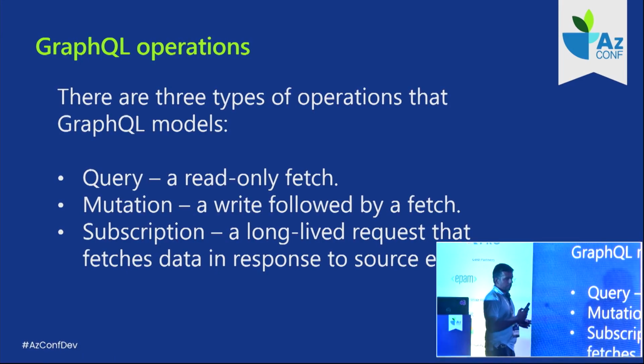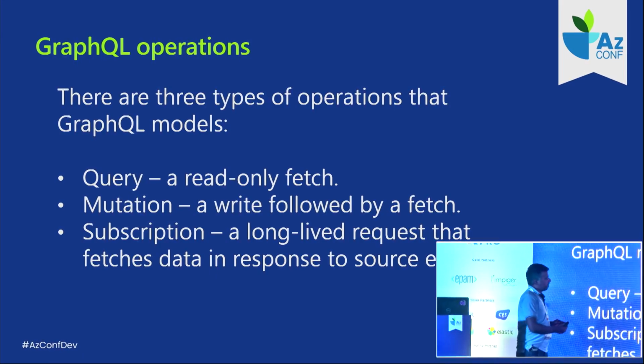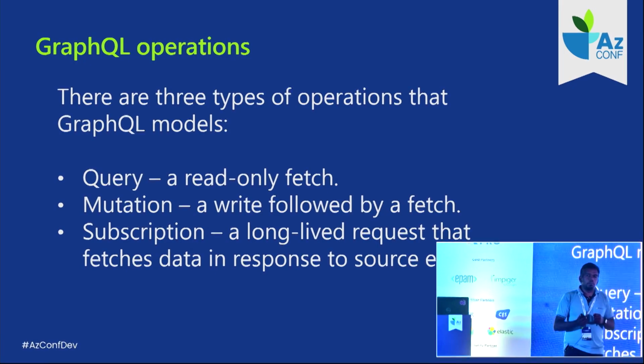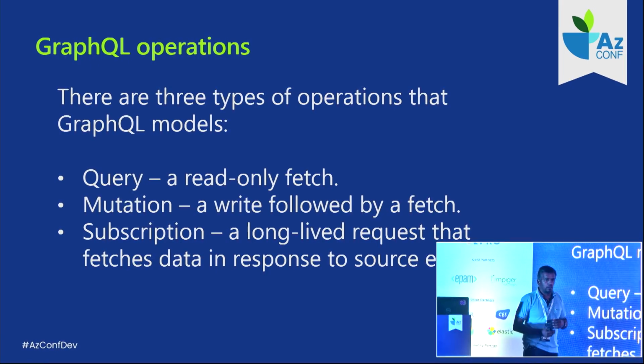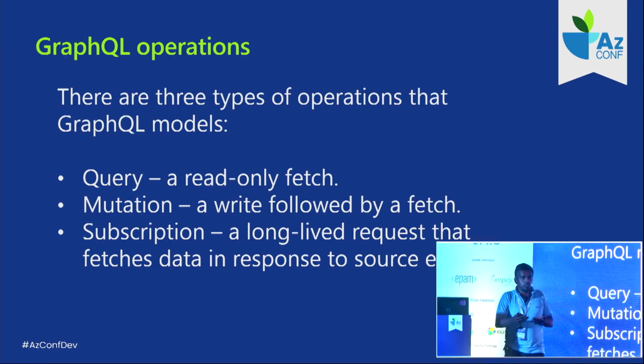Like no HTTP methods, get, post, put, delete. GraphQL supports 3 operations. One, query, which is a read-only fetch. Then mutation, it is a write followed by a fetch. And subscription. Subscription is something like, for